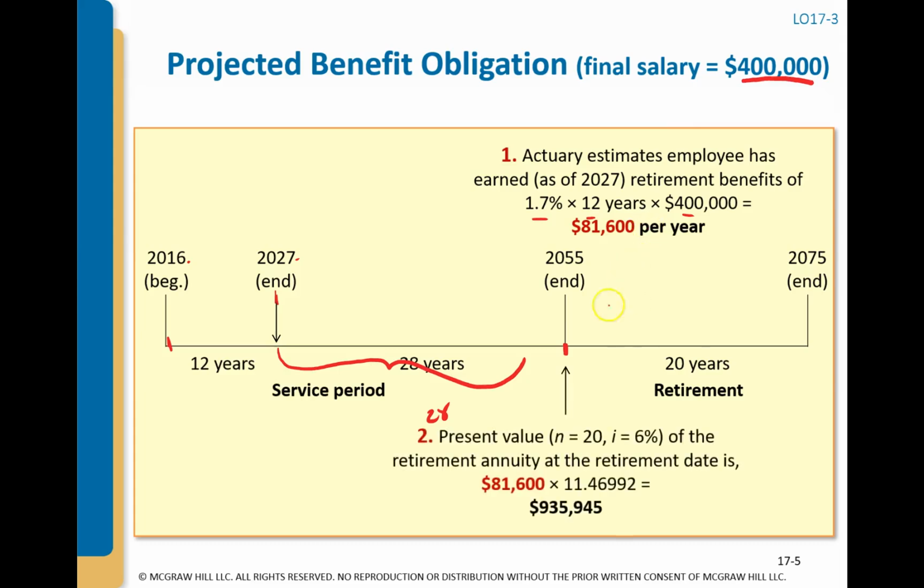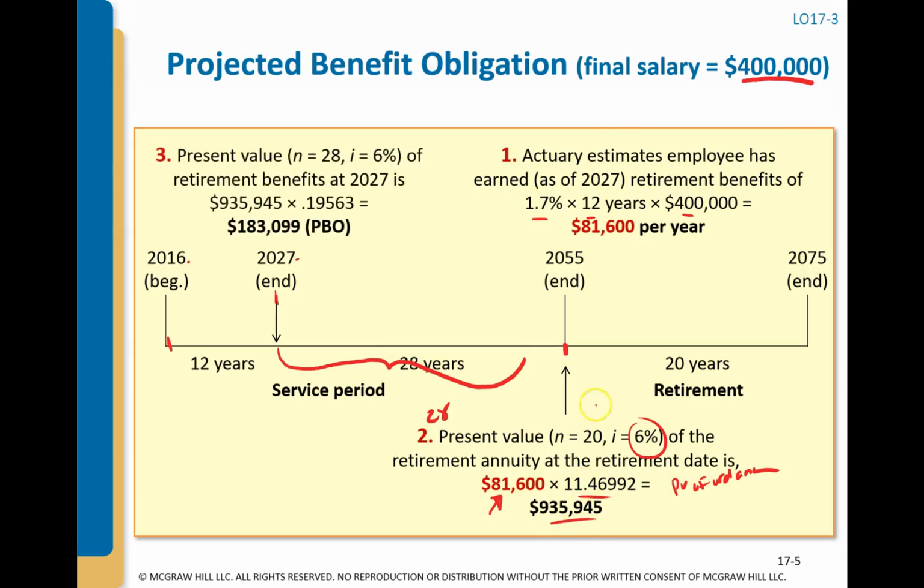Then you take those annuity payments, which means they get paid every year, and present value them back at n equals 20 because there's 20 years of retirement, using the 6% interest rate and the present value of an ordinary annuity table. You multiply by the factor and you get